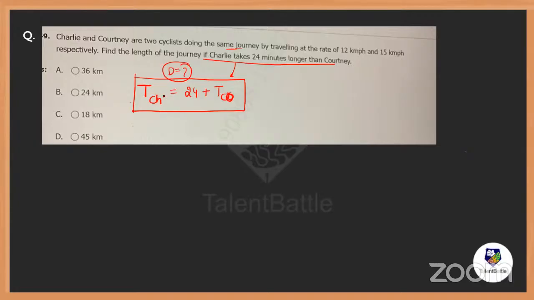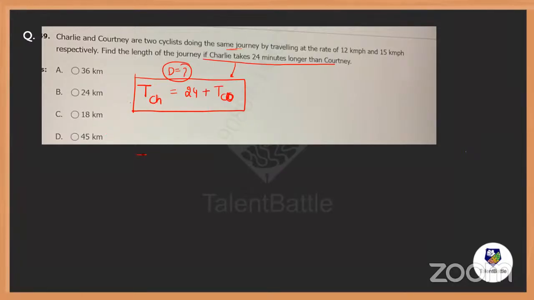If Courtney takes 10 minutes, Charlie takes 24 plus 10. Is that clear? 24 minutes longer than. So Charlie should be taking more time. If Courtney is 5, Charlie will be 29. Everywhere Charlie is more than Courtney only.